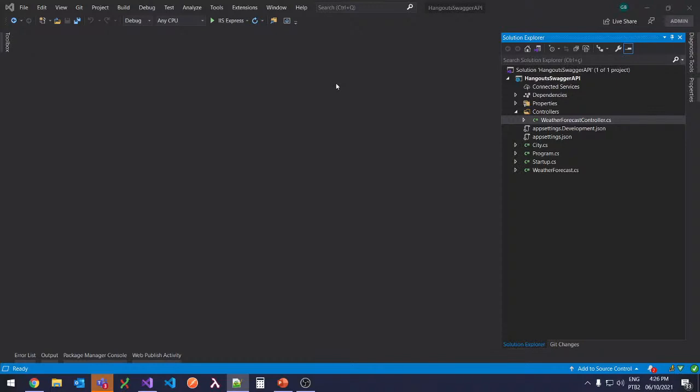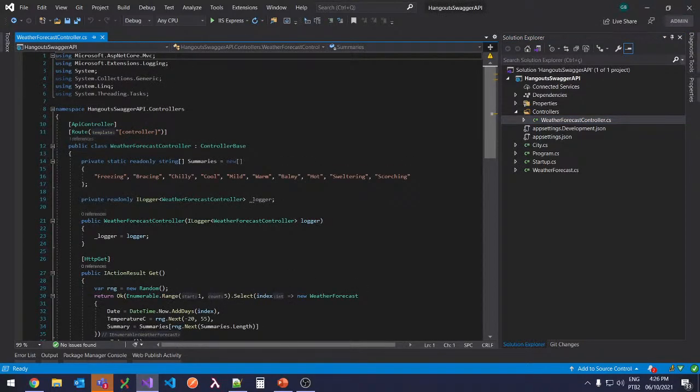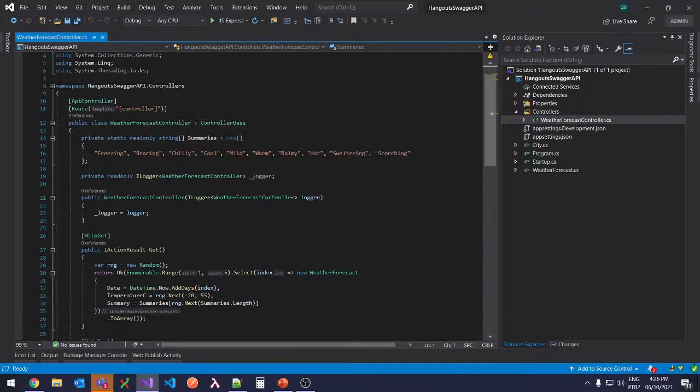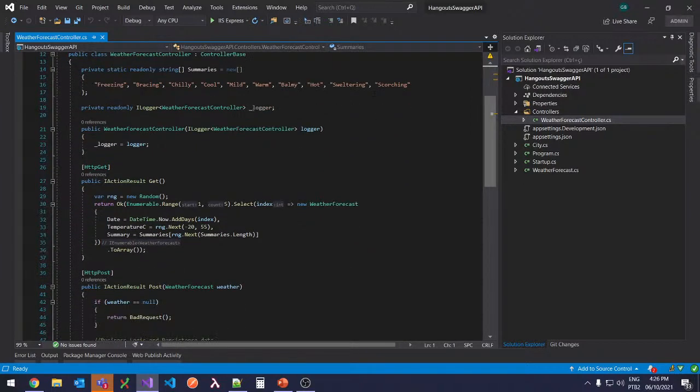Okay, so for this live demo, I already created a REST API project. It's using .NET Core 3.1. I have only one controller here, which is the weather forecast controller. And we have the example of the Microsoft services when you create a REST API, which is the weather forecast controller. Okay, so for this example, we can see that we have three operations, which will be a get,